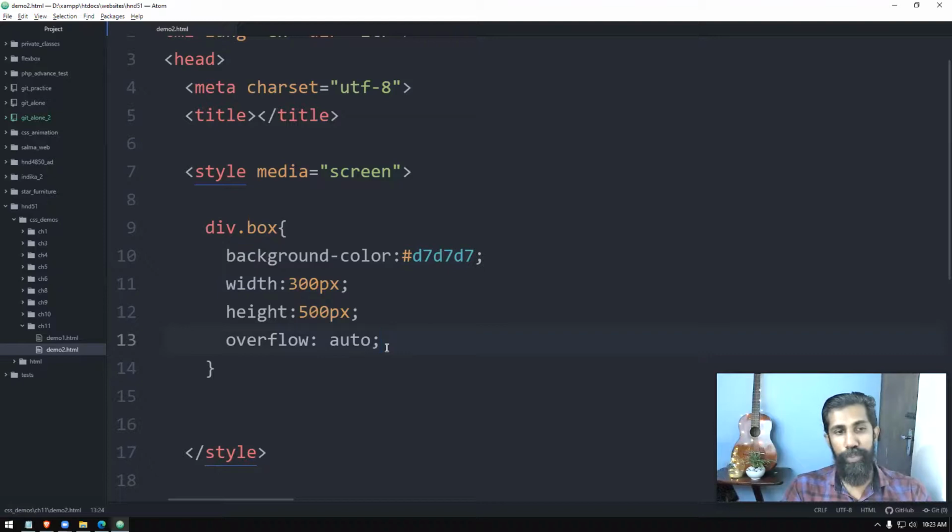Very handy and very useful in order to do certain designs. Sometimes when you're editing third-party templates, there will be some minute problems. If you want to get rid of them, you can overcome these margin problems and width problems by using this. So overflow, you can make use of it very nicely, right?